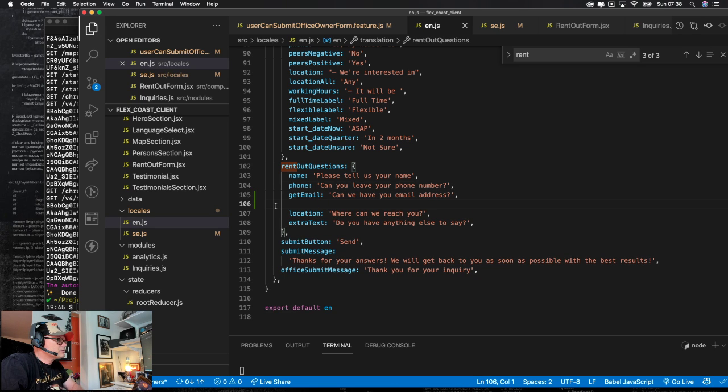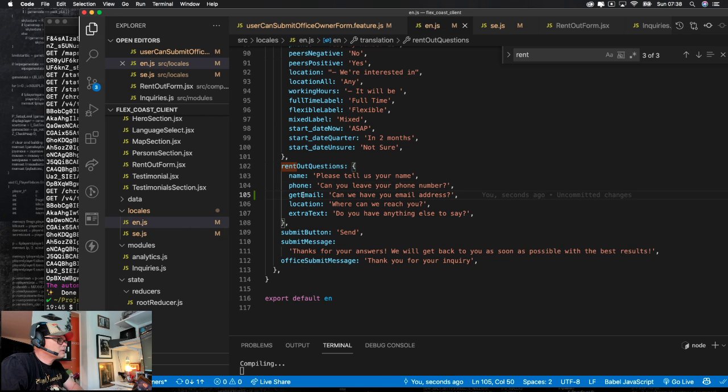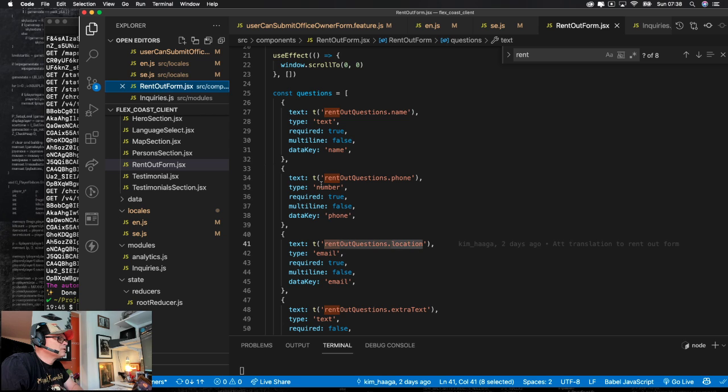Right, not sure I understand. Email, right, so in this one, right, so we just want to change that to email. Right, multi-line false, data key email, right.